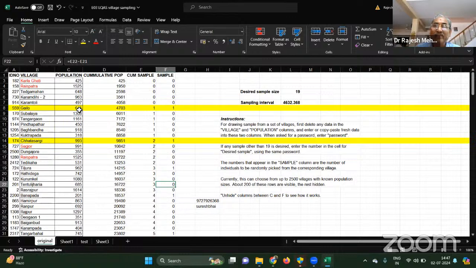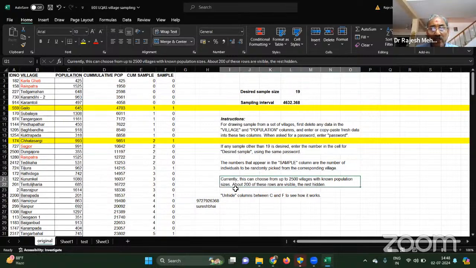So 165 meters from the center on the particular road which was chosen, and the person staying near to that place point is to be selected as a random individual. There are so many techniques which can be used for random. Now, this can choose from 2,500 villages, because in this